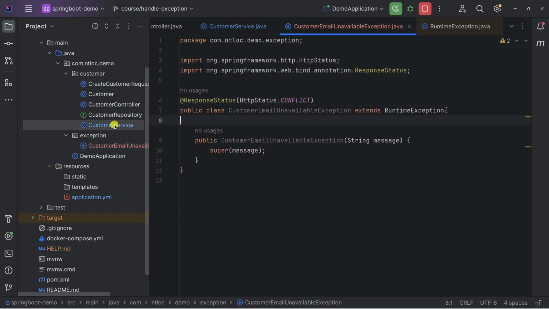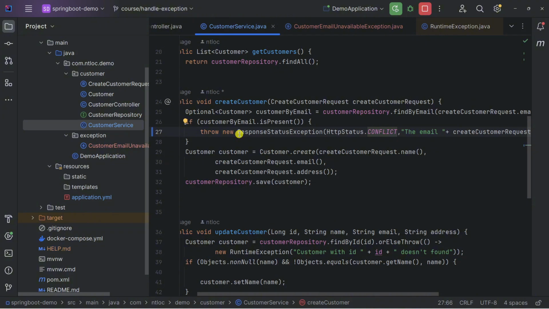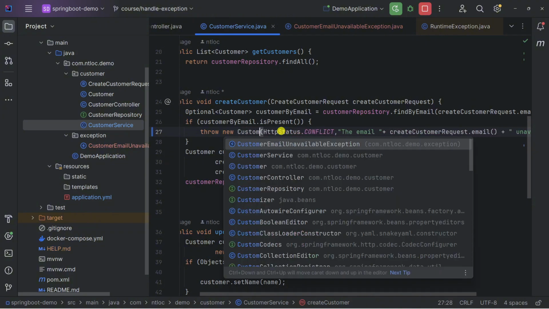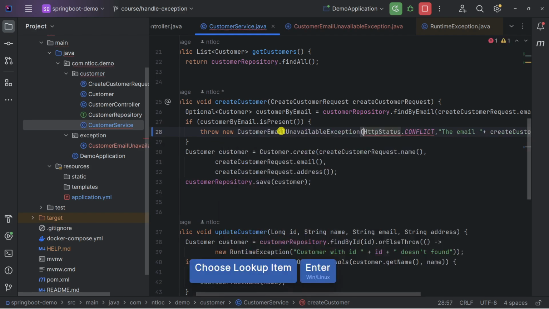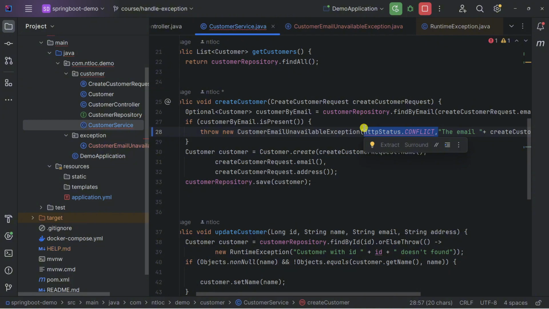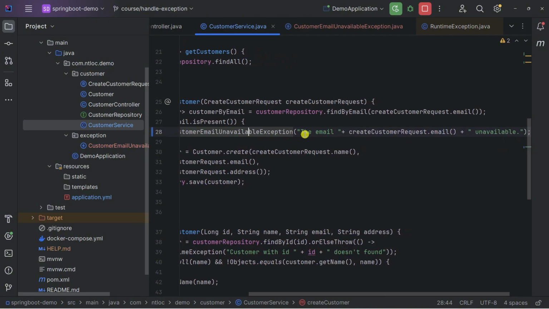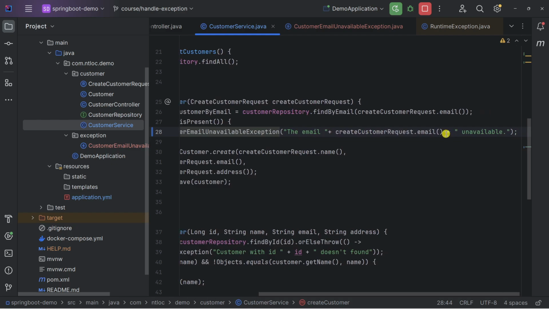Let's go back to the customer service. Instead of ResponseStatusException, let's change it to our CustomerEmailUnavailableException, and remove the HTTP status code here. So now we have a better name for our business exception, CustomerEmailUnavailableException, and the message indicates that the email is unavailable.